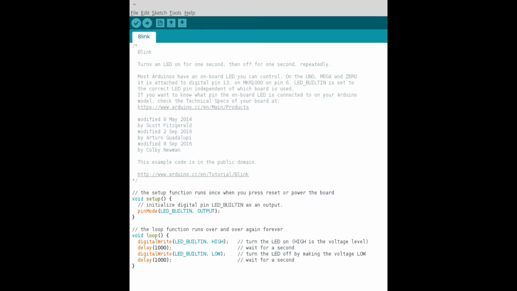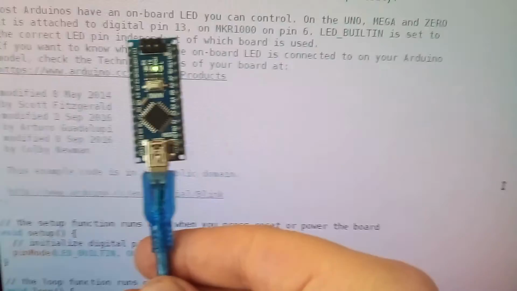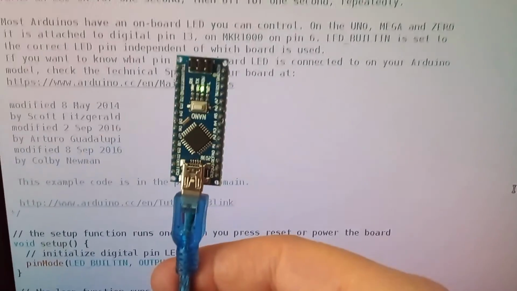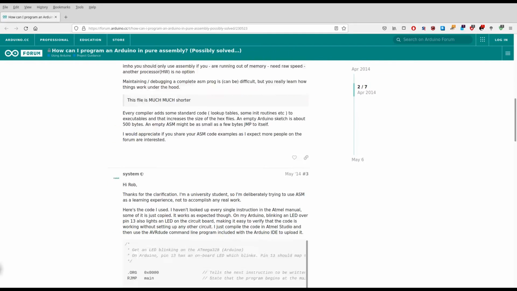Presumably, if you are watching this, you have already looked at the Blink example included with the Arduino IDE and uploaded it to an Arduino Nano. But what about doing this in assembly language? A search reveals this example,